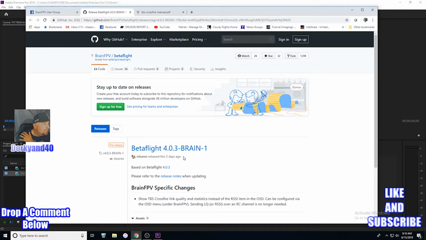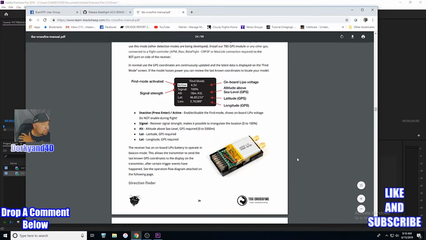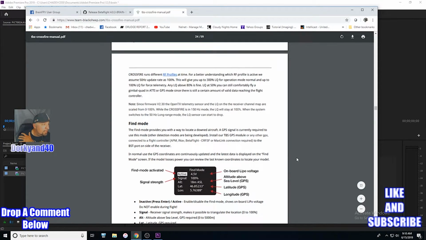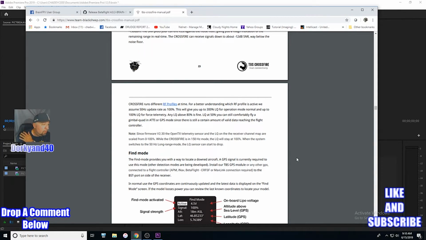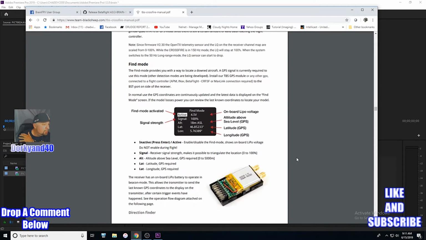actual OSD. Before we take a look at it though, you probably need to look at the manual of the TBS Crossfire to kind of understand some of this stuff. Most of us, myself included, fly with Betaflight or Flight 1, and pretty much our link quality that we set on Crossfire is always pegged at 100. It barely ever moves. I run dynamic power. I can hear my Taranis buzzing as it kicks on and up as far as power goes and everything like